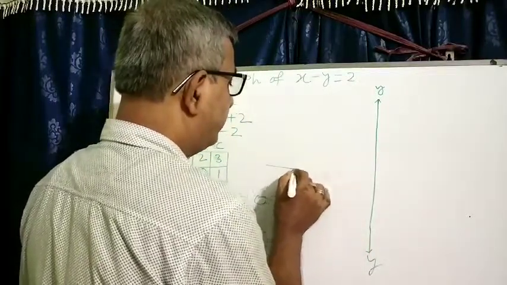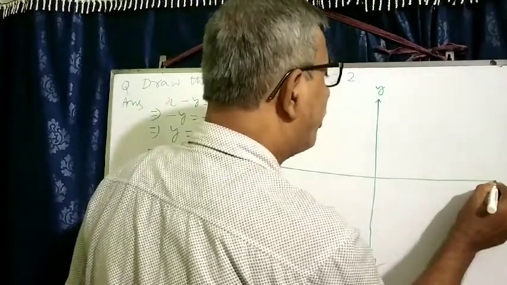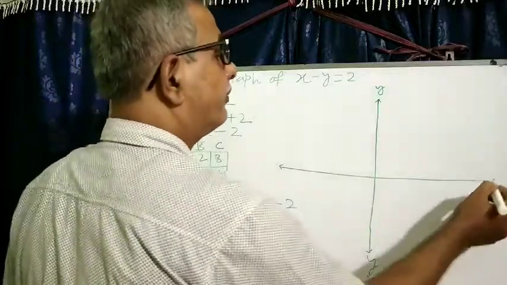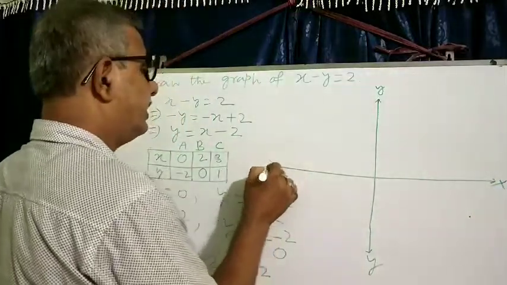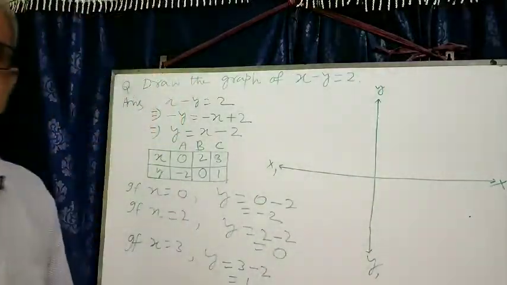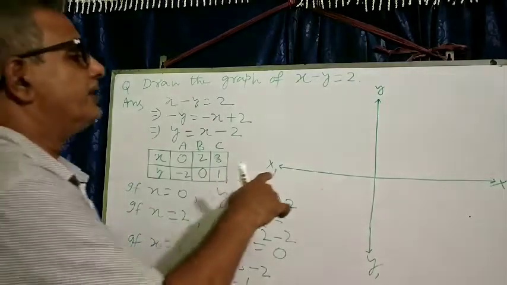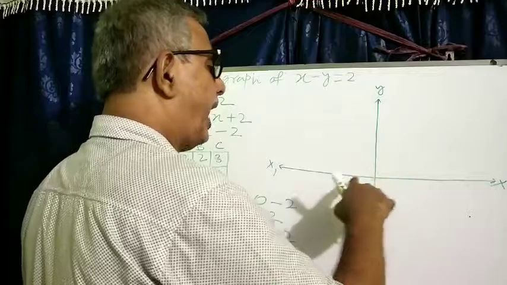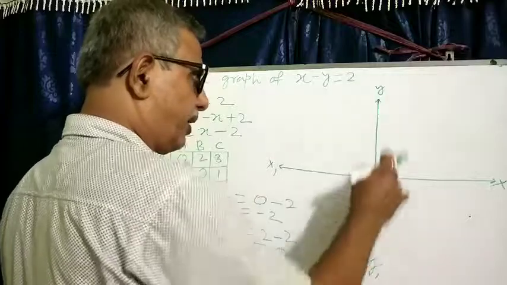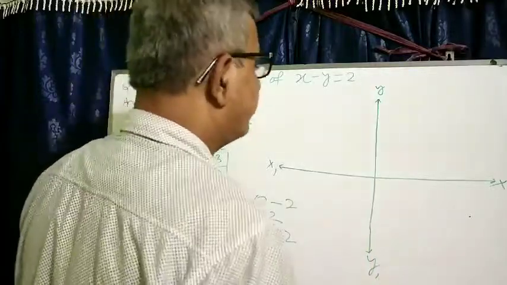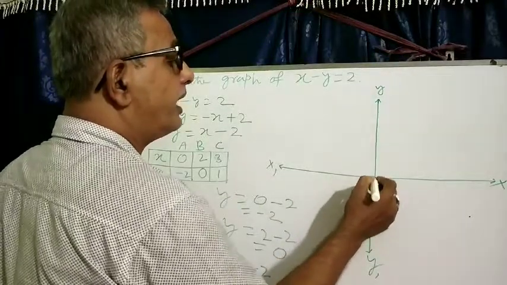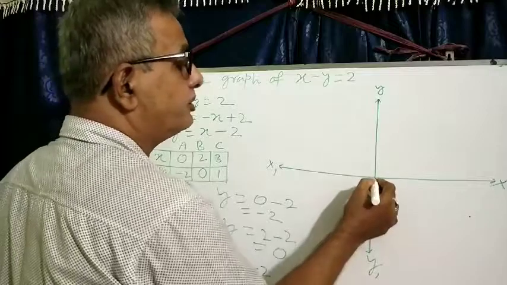Here you see, one horizontal axis you are taking. In coordinate geometry you might have been taught x, x dash, y, y dash. The horizontal axis, what it is called, that you know. This is the x axis, and the abscissa you have to take here, means the x coordinate you have to take here. And this is the vertical axis, that is called what? Y axis. Where the two axes intersect each other, that point is known as what? Origin. 0, 0. Here is 0, 0.